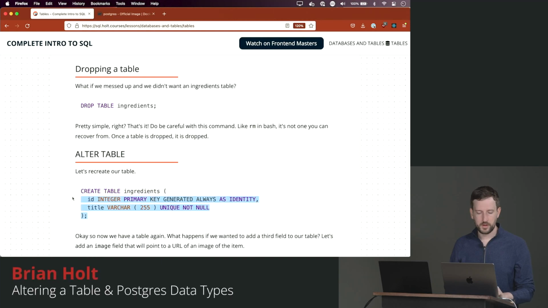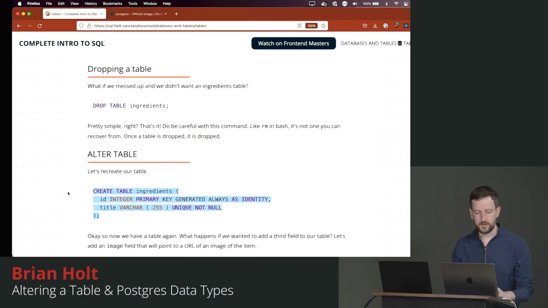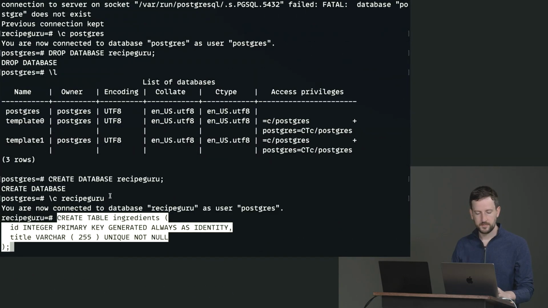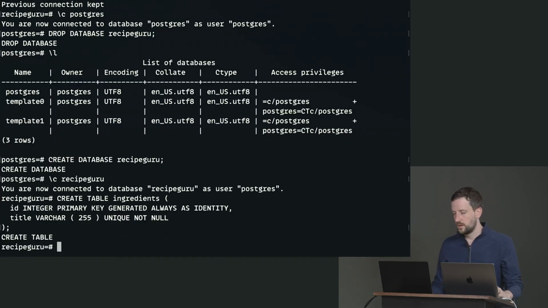Let's create our table again. I'm just going to copy and paste it this time. And let's now change a table. Sometimes you'll have to do this, right? So I'm going to say